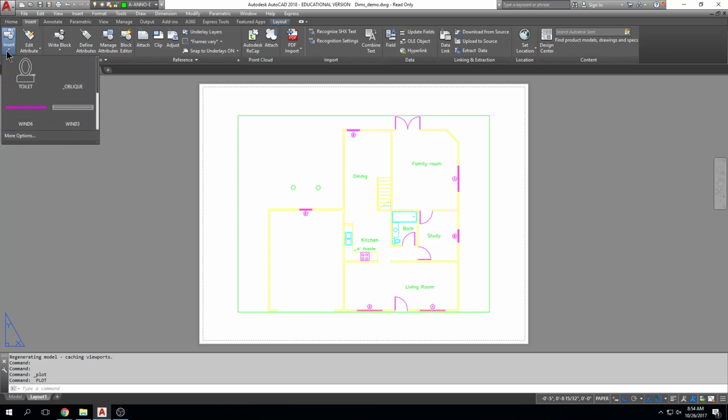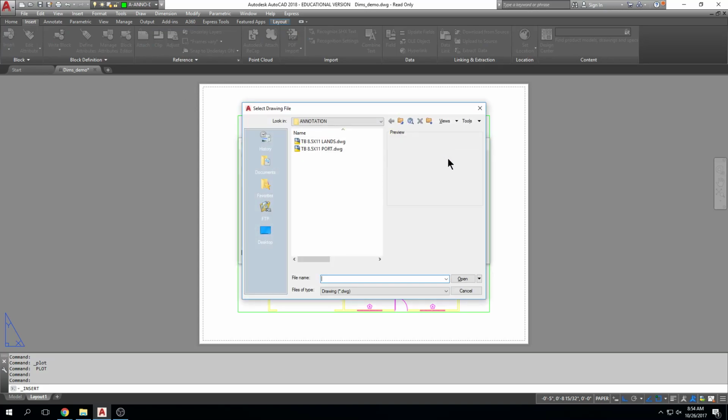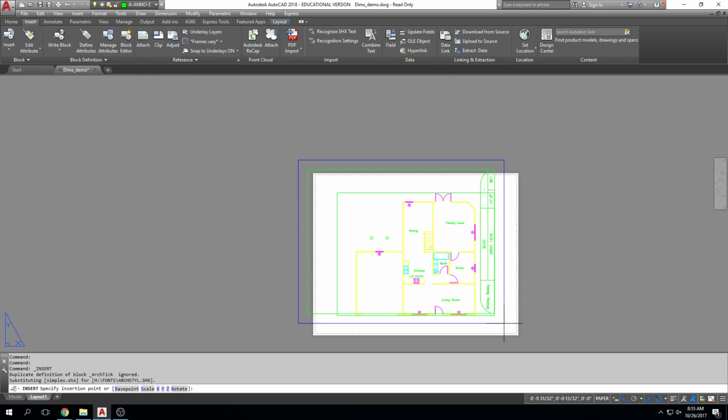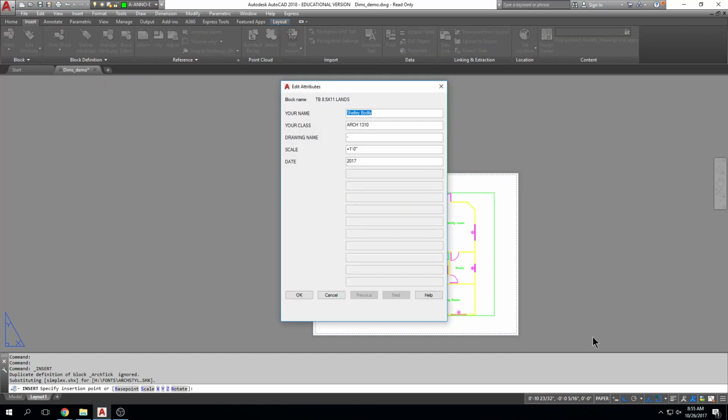I'm going to go to Insert, and it's not in here, obviously. All the blocks that are currently created in here are here. More options, or I could have typed Enter, browse. I'm going to choose my portrait title block, didn't I do a landscape one? Oh yeah, landscape. Open, okay, there it is, right? Place it, click to place it,